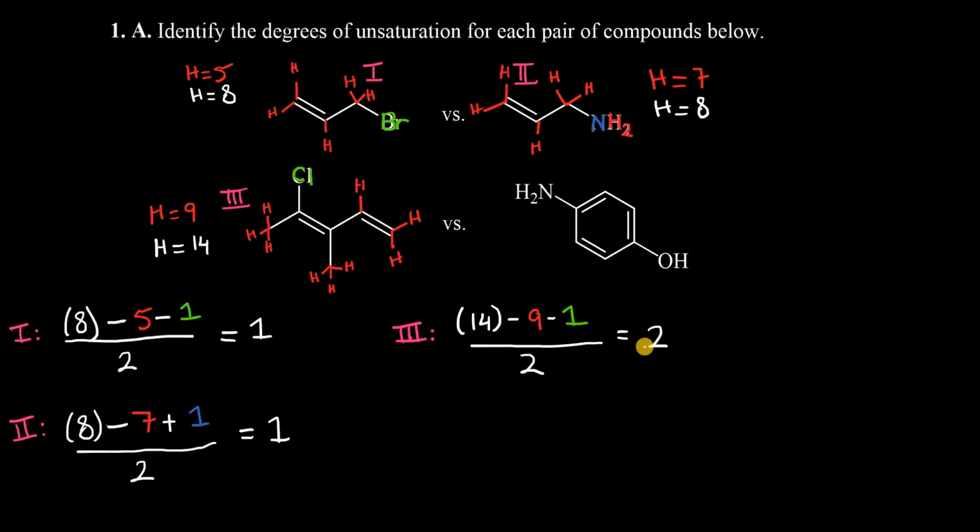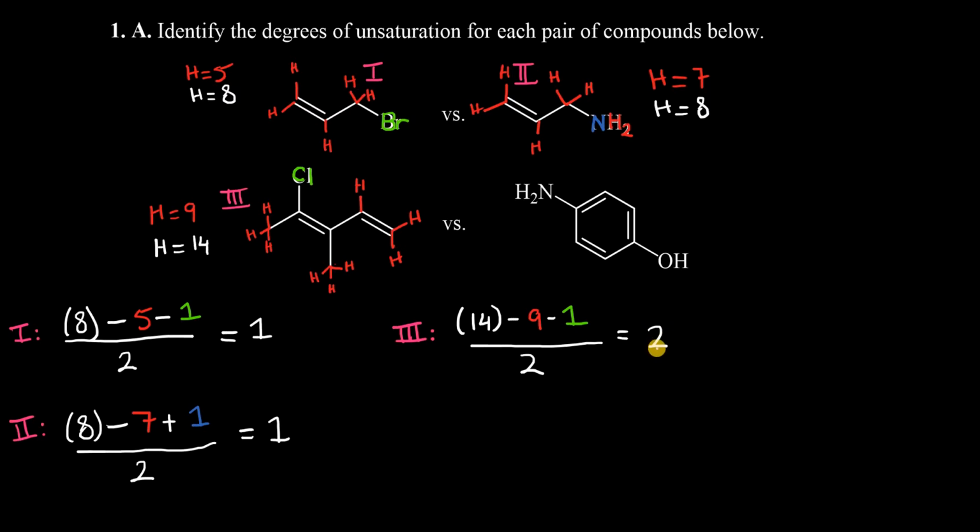Another thing is that if you're dividing by an even number, in other words, if our denominator is an even number, we need the numerator to be an even number also. If you put an odd number on the top and even on the bottom, you'll always get a fraction. So to get whole numbers, strive to form an even number on top. 14 minus 9 gives you 5. 5 over 2 yields a decimal, 2.5. So we need to subtract based on how many halogens we have, which would then give us a whole number,